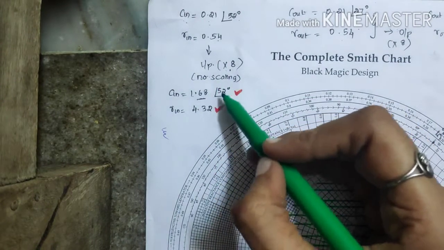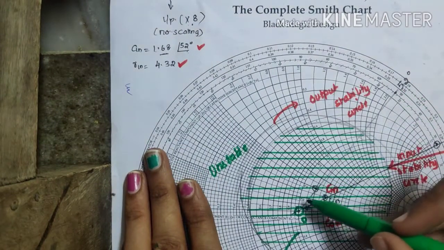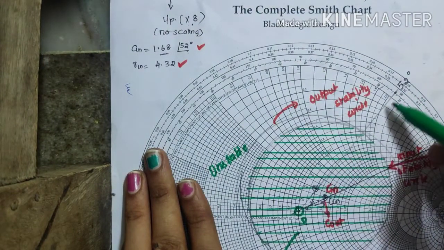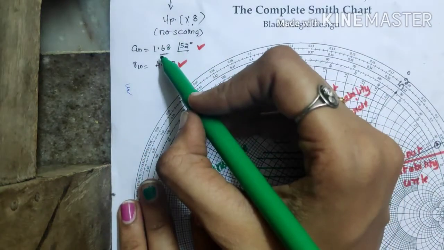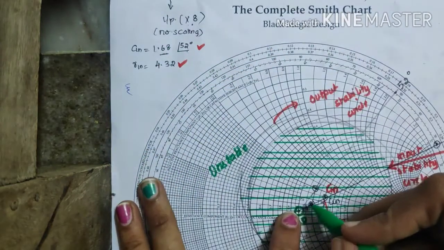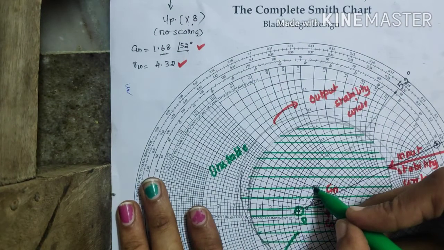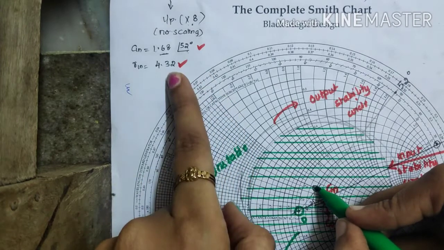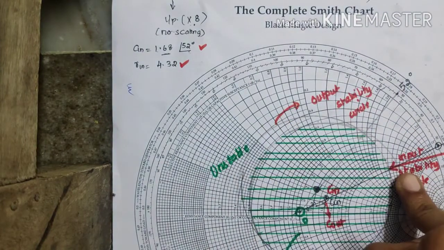Now first locate the angle of 52 here. So this is where the angle of 52 is. I am connecting a line from the center to 52 degree. So I first draw a line, and the value of it is 1.68. So from here measure on a scale and see where is 1.68. So this is the 1.68 point. Now having this as the center and 4.32 as radius, I am drawing a circle. This is your input stability circle.